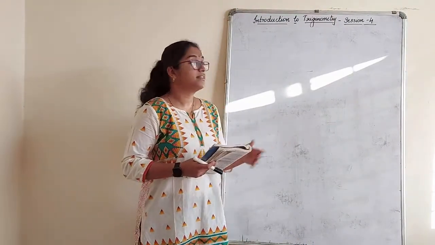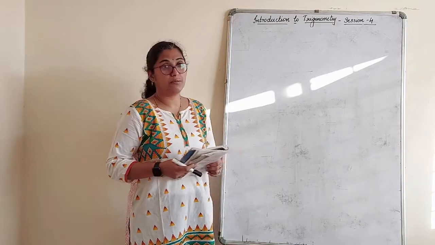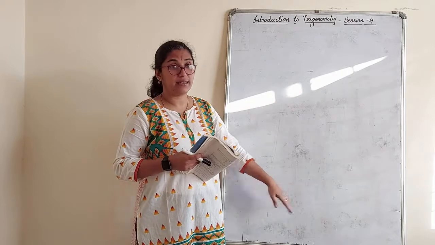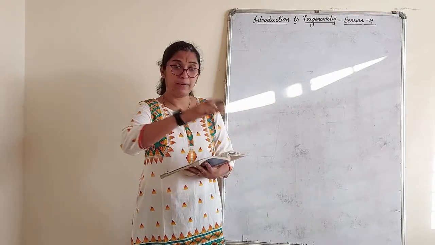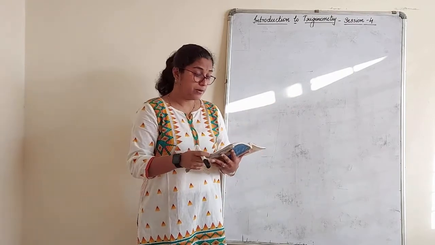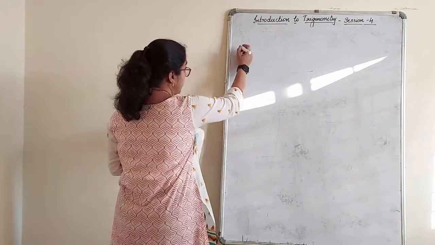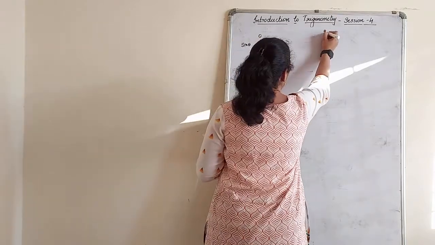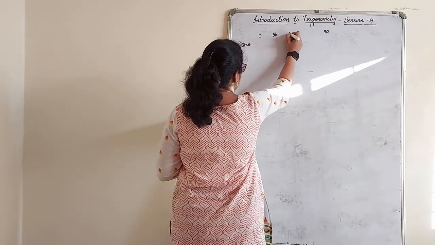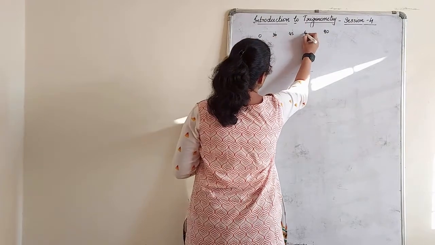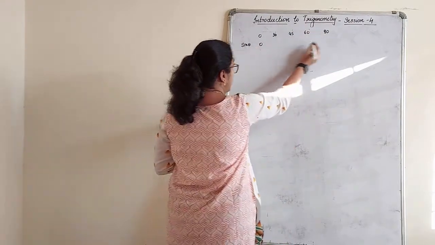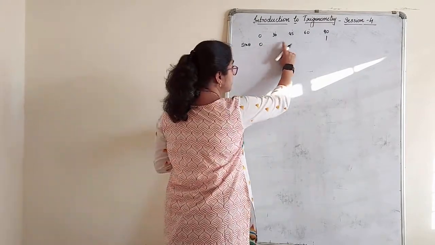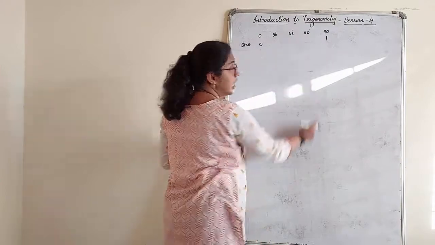Good morning. We'll start session 4 on the chapter Introduction to Trigonometry. In yesterday's session we understood the trigonometric ratios of some specific angles, right? I want you all to go back, flip the page and go to the angles part. When you see sine theta for the angles from 0 to 90 degrees, that is 0, 30, 45, 60 and 90 degrees, the value of sine theta increases from 0 to 1, right? So it is 0, 1 by 2, 1 by root 2, root 3 by 2 and 1.